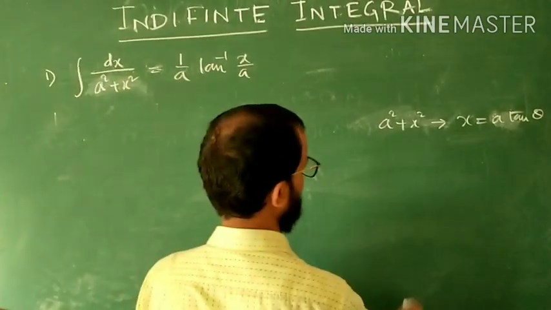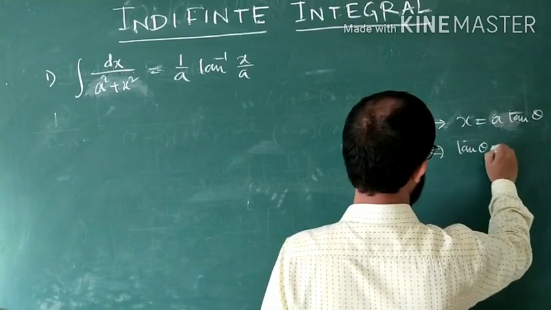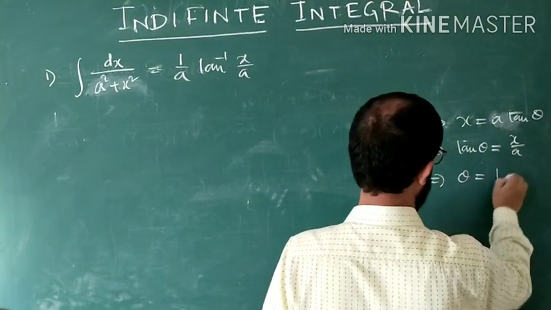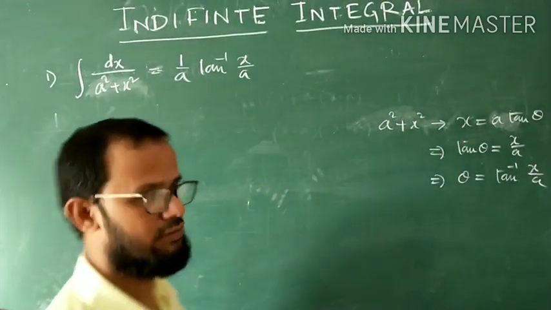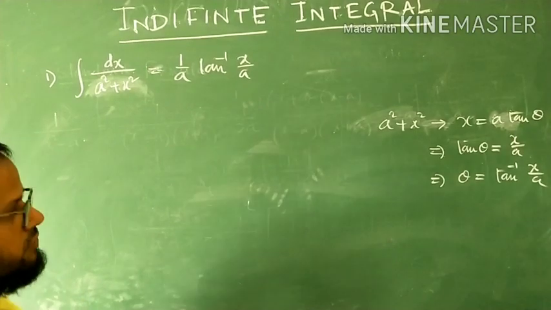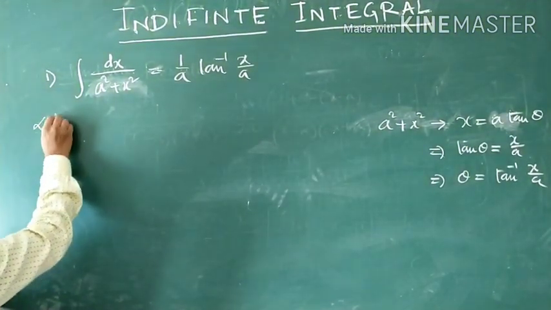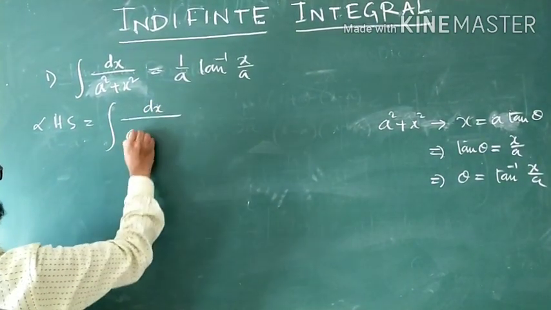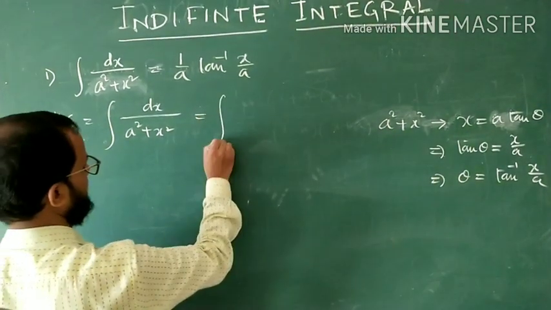If x is equal to a tan theta, then tan theta is equal to x by a, and theta is equal to tan inverse x by a. So this is the trigonometric substitution. Now come to this integral. On the left hand side, what will happen? Integration dx by a square plus x square, which can be written as,